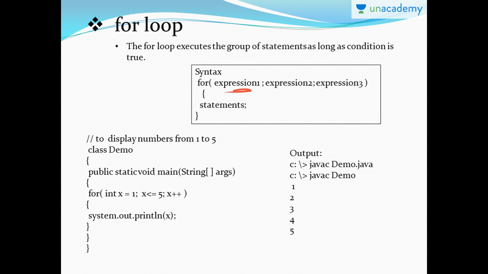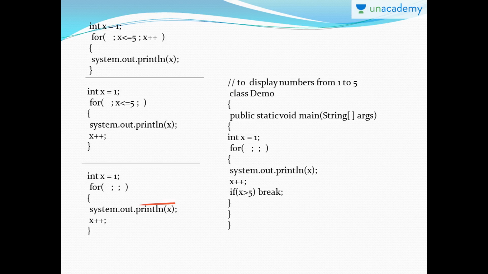Coming to a simple example, I'm assigning 1 to the x variable, and then testing as long as x is less than or equal to 5, print this and then increment. It will become 2, test, print, go for incrementing, come back here with the incremented value, test and then print. This is how the loop repeats in the case of for. I'm using the same example so that we can understand better, and everywhere the output will be the same because I'm using the same conditions all the time.